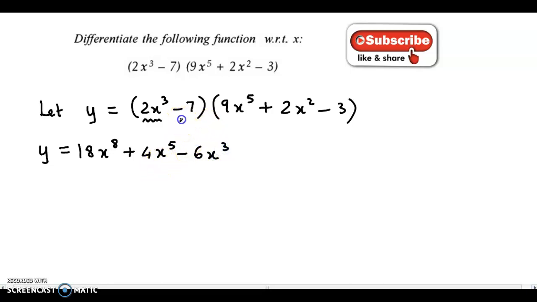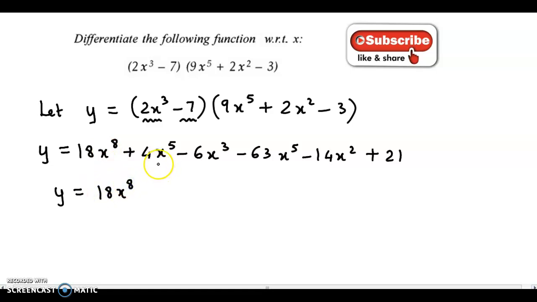Now we'll multiply by minus 7. Now minus 7 into 9x raised to 5. 7 nines are 63, so we have minus 63x raised to 5. Minus 7 into 2x square is minus 14x square, and minus 7 into minus 3 is positive 21. So further if we simplify, we'll have